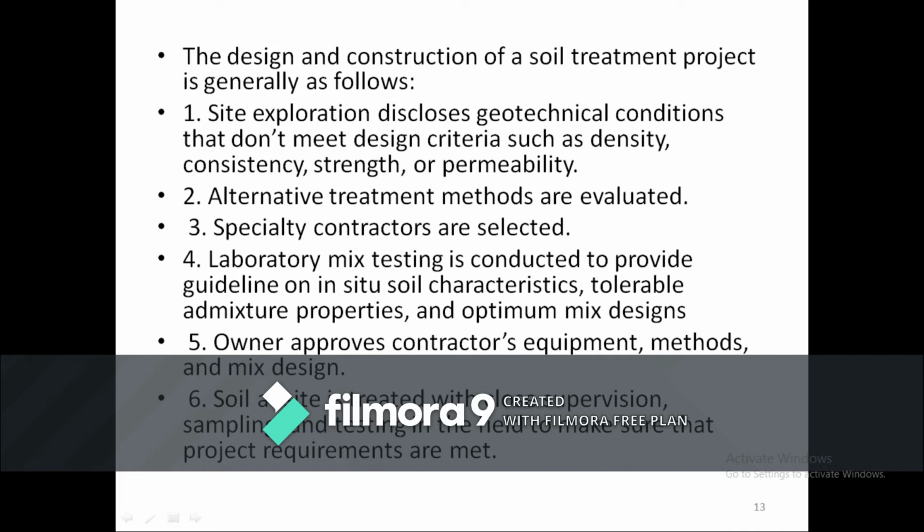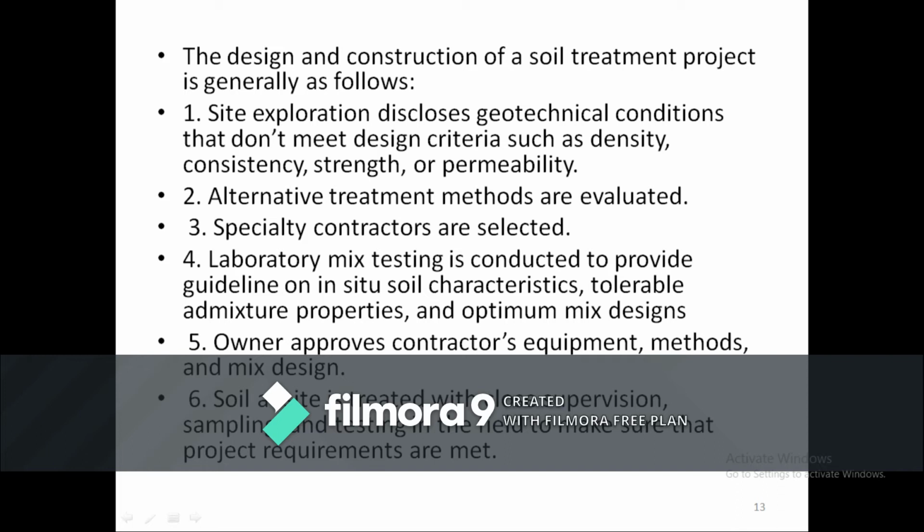Specialty contractors are selected. Later on, we bring in the contractors with respect to these particular procedures. Laboratory mix testing is conducted to provide guidelines on in situ soil characteristics, tolerable admixture properties and optimum mix designs. Why are we doing laboratory mix testing first?